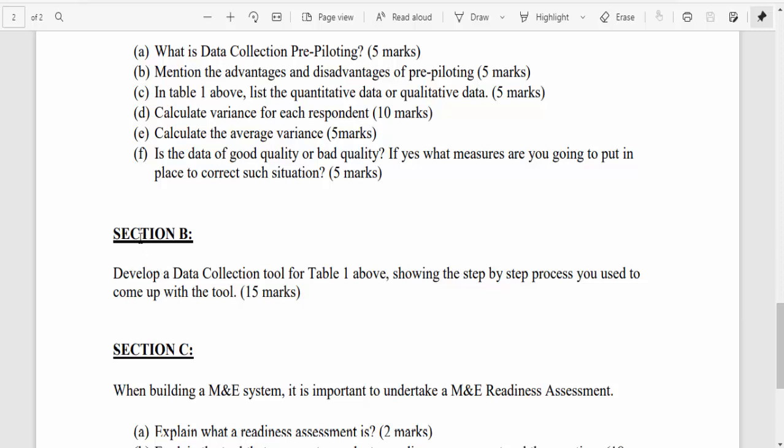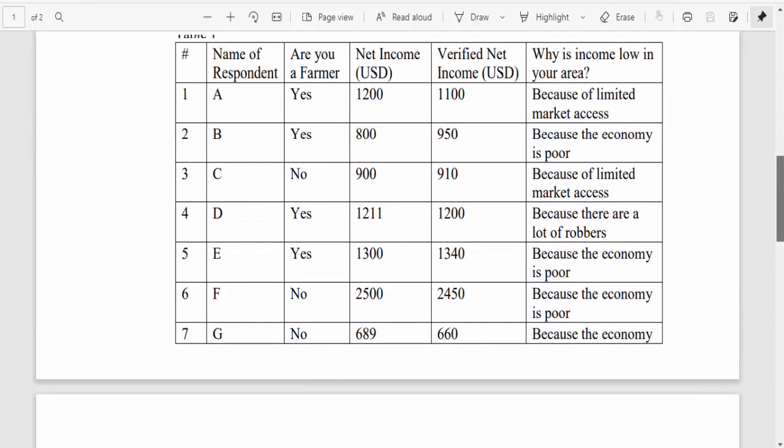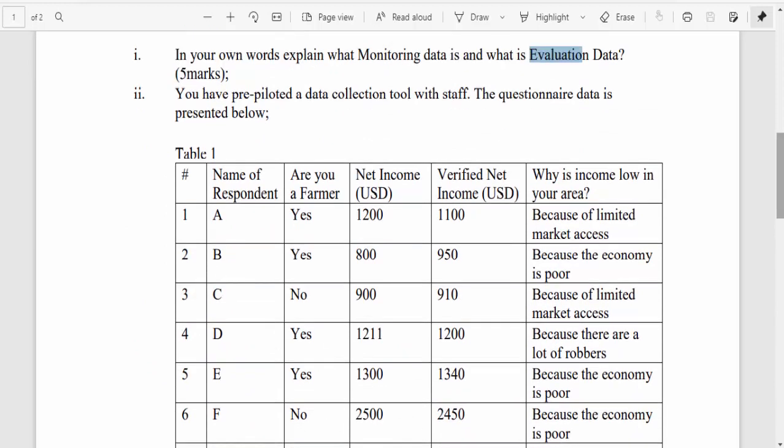Develop a data collection tool. So section B, develop a data collection tool for table one above, showing the step-by-step process you use to come up with the tool. So now in developing the data collection tool, there's usually a step. It all begins with desk review. After doing your desk review, you come up with the actual tool.